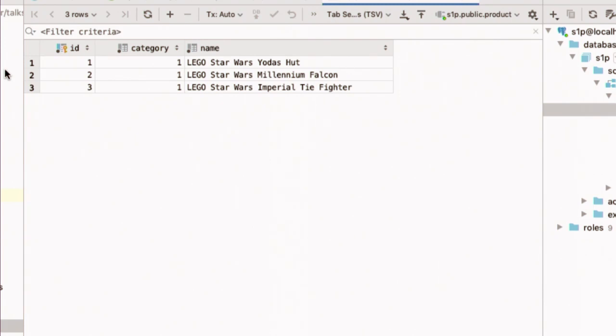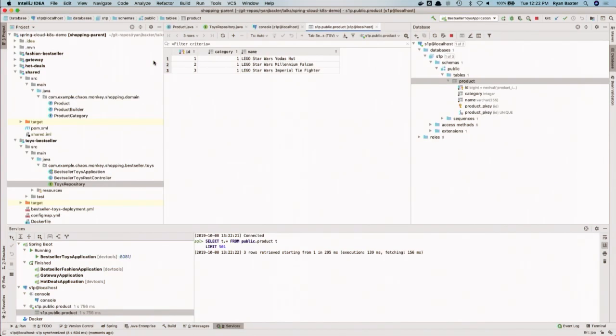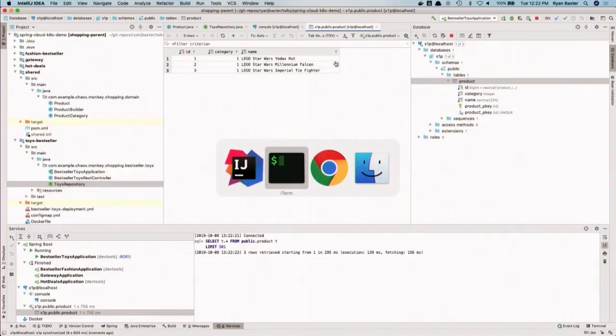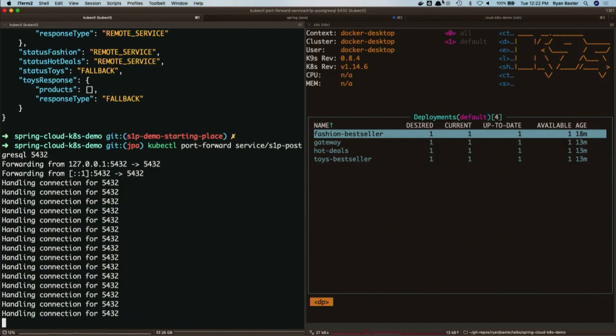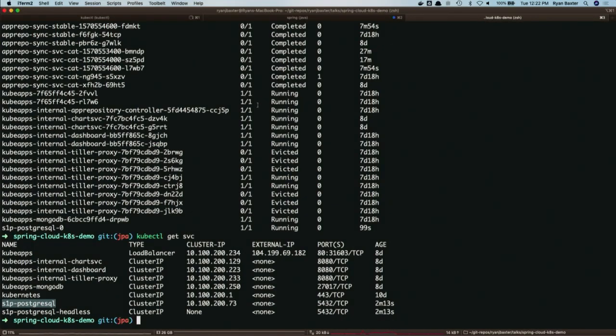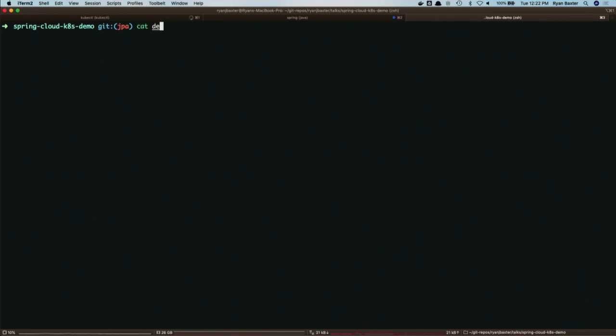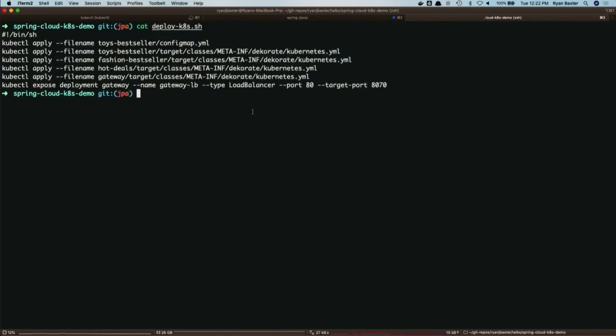The next thing I want to do now is to publish everything that was running on the Docker Desktop local Kubernetes cluster. I want to push this application to a real Kubernetes cluster running in the cloud. So let's do that. To do this, I have a ready-made script, as you can see here.